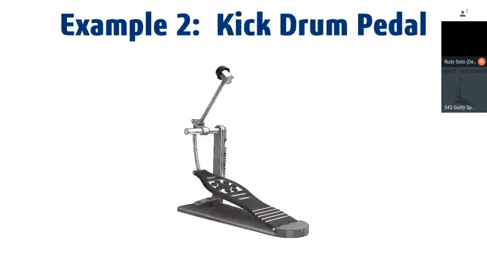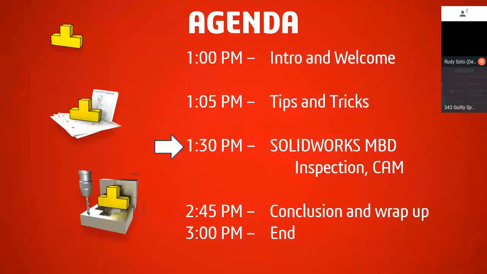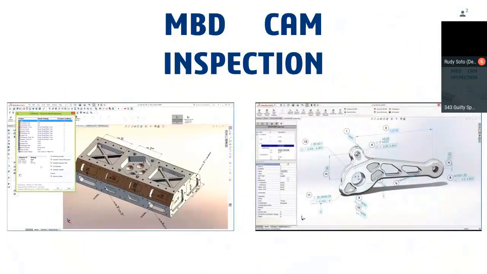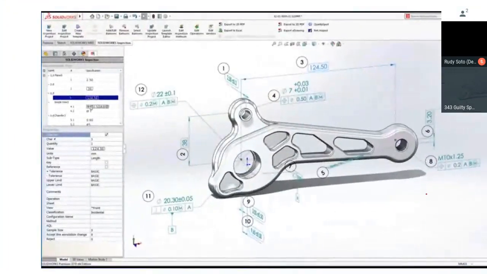Yeah, so it's a similar output process. So you can output from SolidWorks Inspection to a similar file format, like a 3D PDF file format. So this is an example of a model where the customer, the user, went in with DimXpert and did all the geotols and all the different tolerancing.